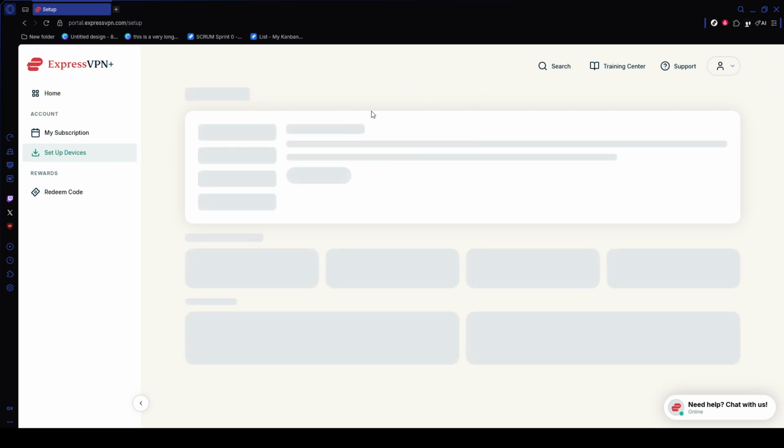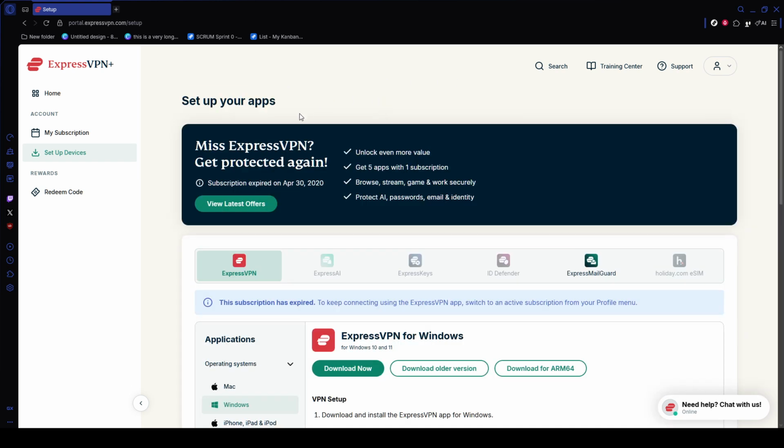Once the app is installed, open it and tap Sign In. By default, you'll see the usual sign-in fields, but for a quicker setup on mobile, tap Sign In with QR code. Then, on your computer, open a browser and go to the ExpressVPN sign-in page. After logging in there, open the section for setting up other devices, choose Phone and Tablet, and display the QR code on your screen. Point your mobile device at that code to scan it, and the app should sign you